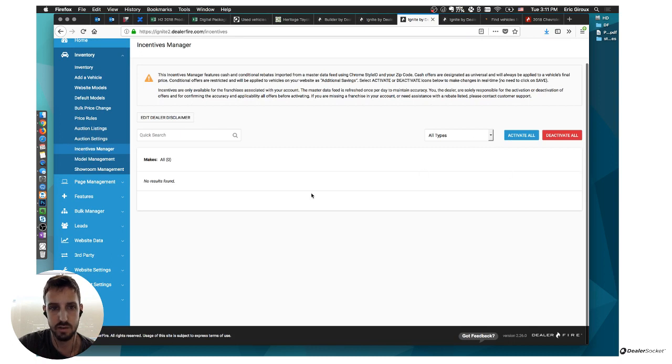There are no active offers on this particular site, but Kevin can show you examples of how the dealer can come in and activate particular ones, and there's actually a decent level of control that the dealer has to take those OEM incentives and make sure that they are all relevant and are showing for the vehicles that the dealer wants